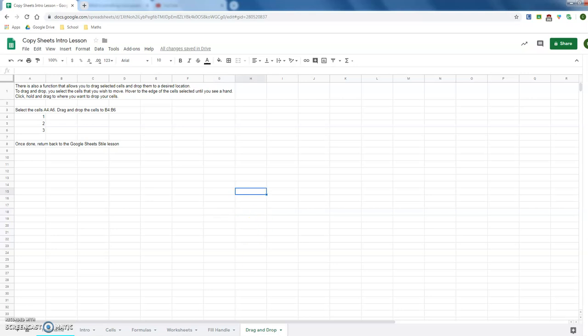So now we're up to the last worksheet, the drag and drop. So basically for the drag and drop, you're simply dragging one cell content to another location. To do that, you need to click on the cell that you want to move, and then on the outside